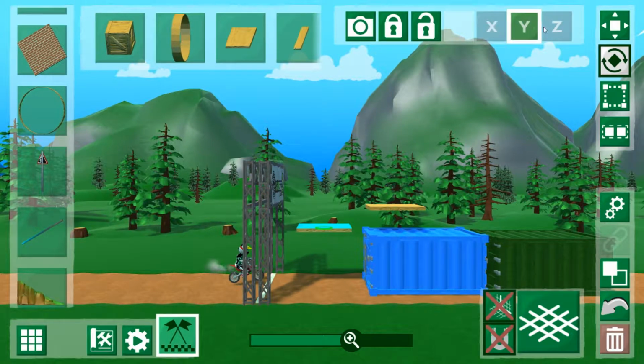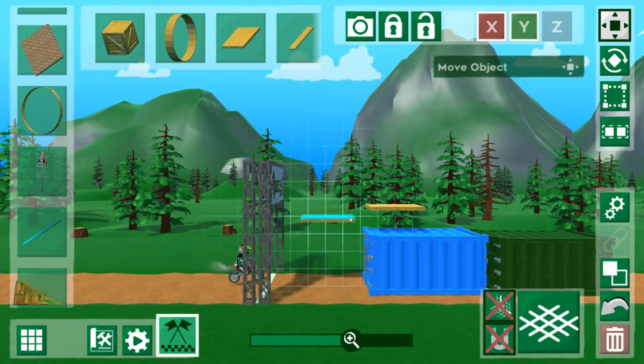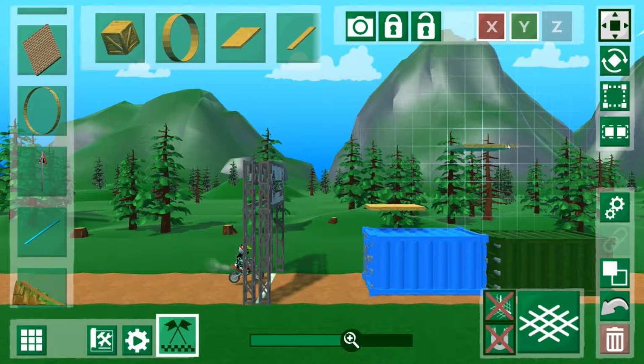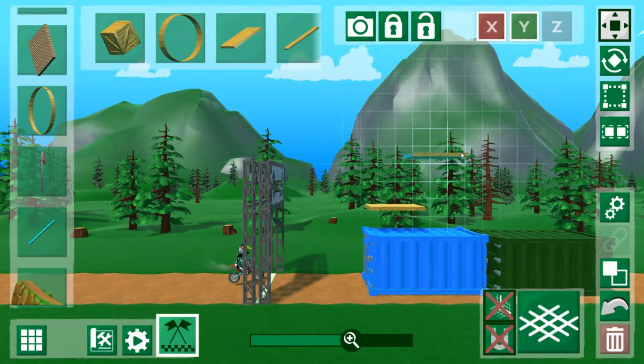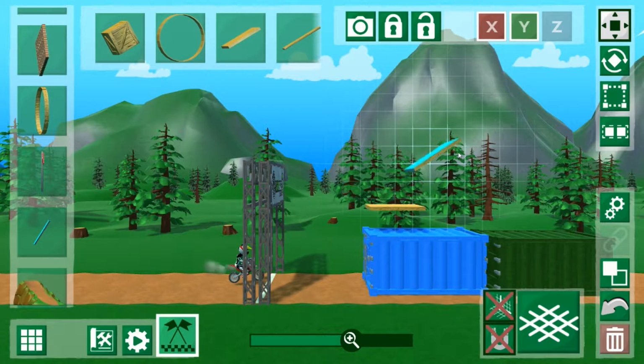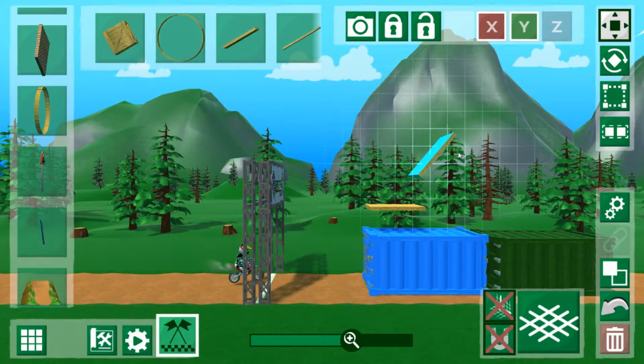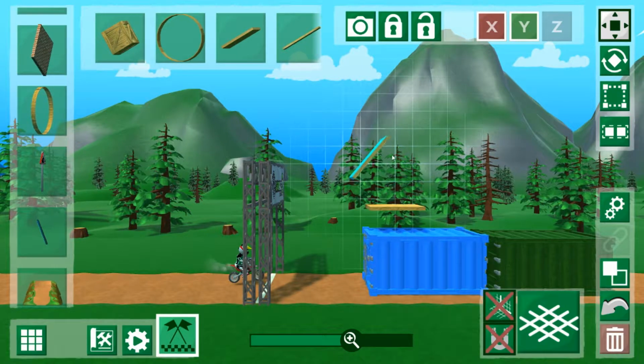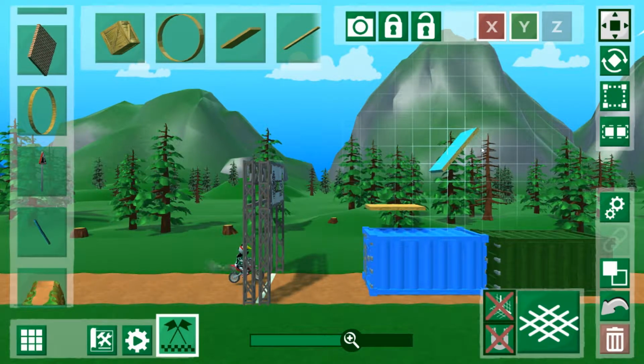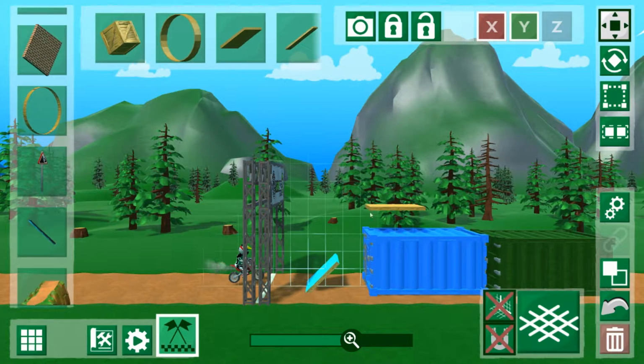There is also another way of rotating. When you're on a mobile device and you have this selected with one finger, you can place down another finger. Obviously I'm on a computer at the moment, but this is how it will work. You can place down a secondary finger and drag that up and down, and that will rotate the object you're currently holding. You can also drag your finger to the left or the right to move the object away, out from underneath your finger, and this makes it a lot easier to see what you're doing. So if we just place these two planks like this, like a little ramp,